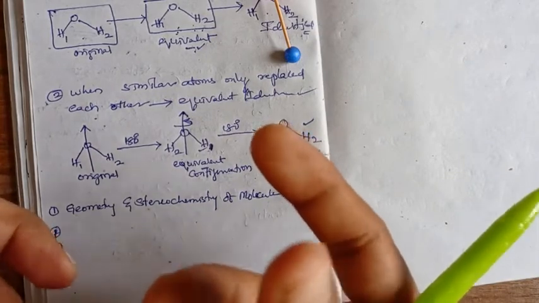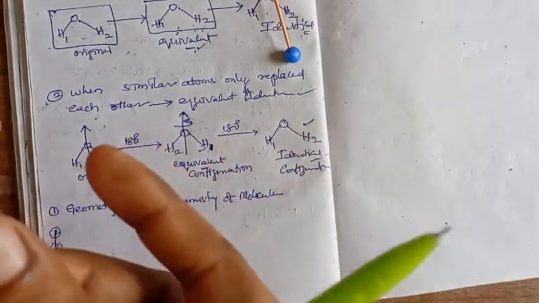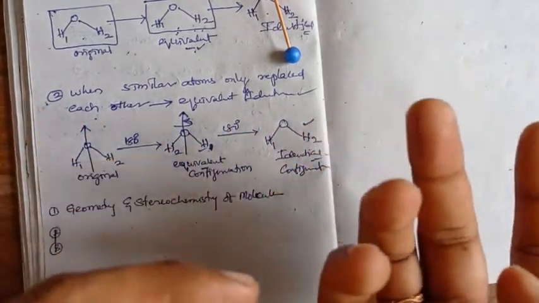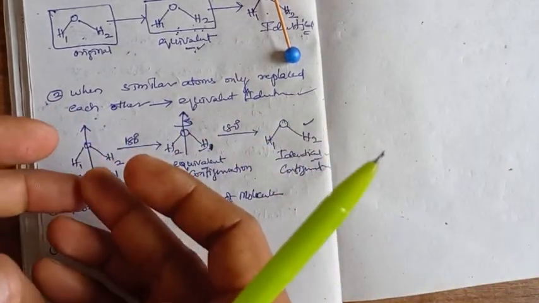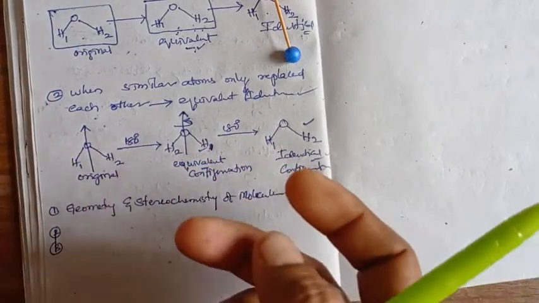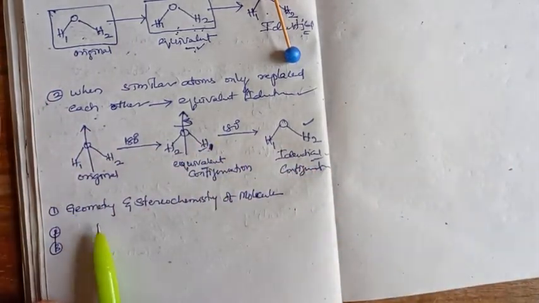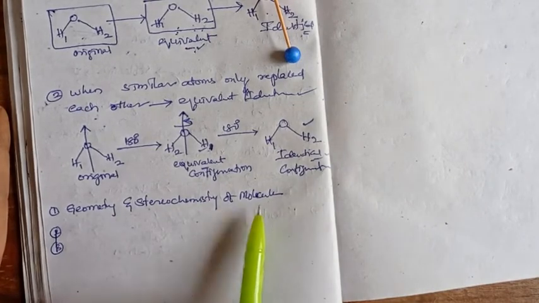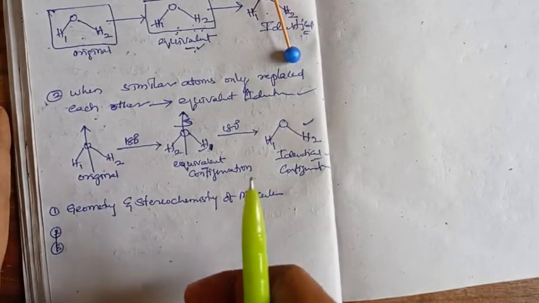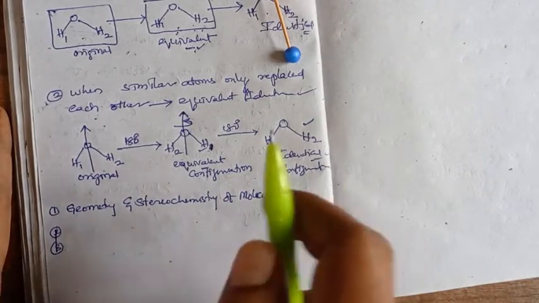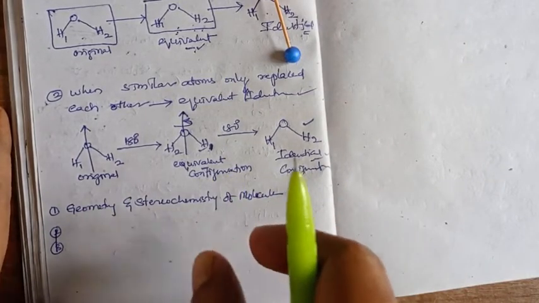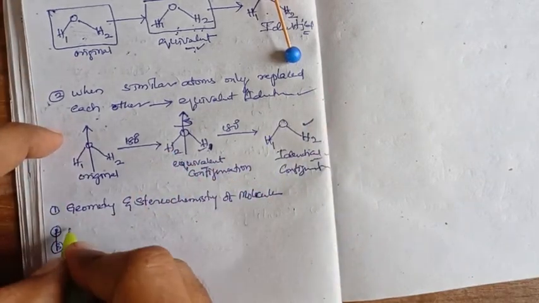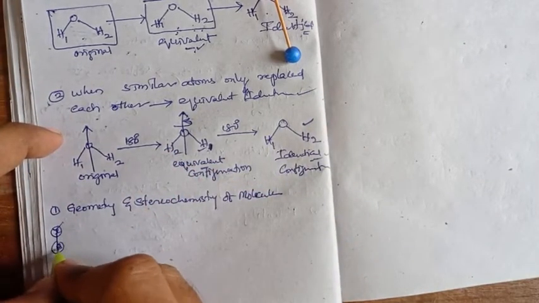Exactly, you cannot compare the generated configuration with the original configuration, and you cannot distinguish whether it is an equivalent structure or an identical structure. So you should know about the geometry and stereochemistry of the molecule. It's nothing but the atom arrangement in the molecule should be known to you while we do the symmetry analysis on the particular molecule. The second point is